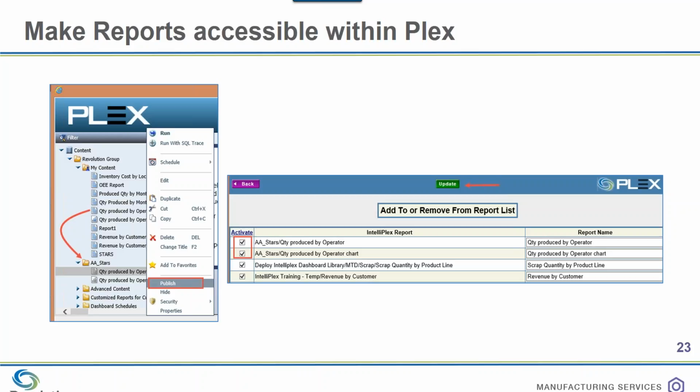So in my example here, I've got one out there called AA STARS, and that directory is something that has been published so that Plex can see that directory. As well, when I move or copy that report into that directory, I also have to publish it so it can be seen by Plex. And then you add it to the report by going into the Manage Intelliplex Reports node and activating the report.